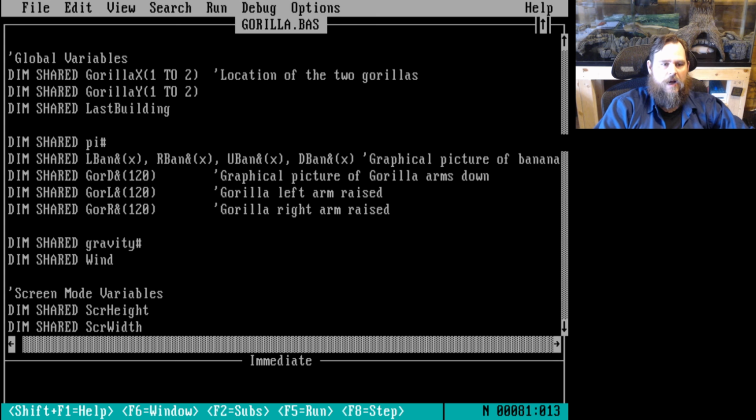Okay, anyway. Dim shared, we've got left banana, I'm guessing, right banana. And these ampersands, that I know, that's a long integer. So I think it's like a 32-bit integer. Up banana and down banana. Graphical picture of banana. Thanks for that. Graphical picture of arms down. See, okay. Interesting. So, oh, right. These are variables, but they're